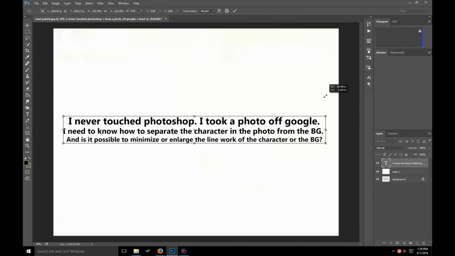So my friend told me I never touch Photoshop. I took a photo off of Google. I need to know how to separate the character in the photo from the background, and is it possible to minimize or enlarge the line work of the character or the background? So